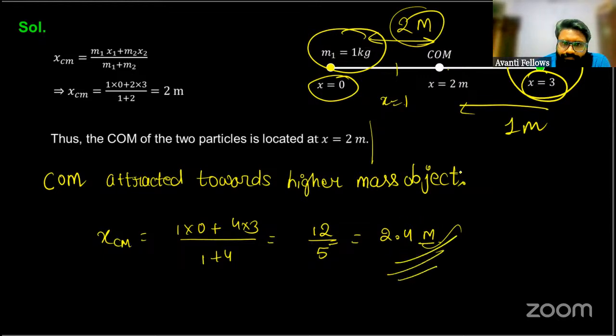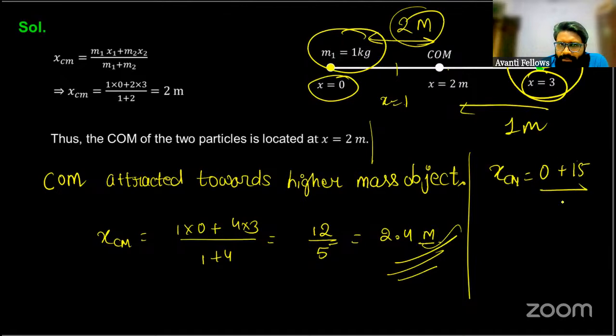2.4 मीटर आएगा ना. ठीक है. हाँ, अगर मैं मास को 5 केजी कर दूं तो तब मेरा सेंटर ऑफ मास क्या रहा है देखो जरा, 0 प्लस 5 kg अगर मैं करूंगा तो 5 × 3 = 15, 5 + 1 = 6, 15/6, 3 × 2 = 6, 3 × 5 = 15, तो इट इज कमिंग एज 2.5।